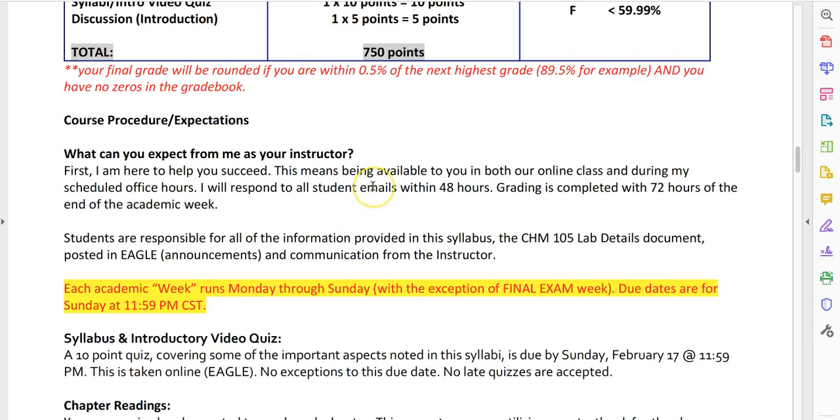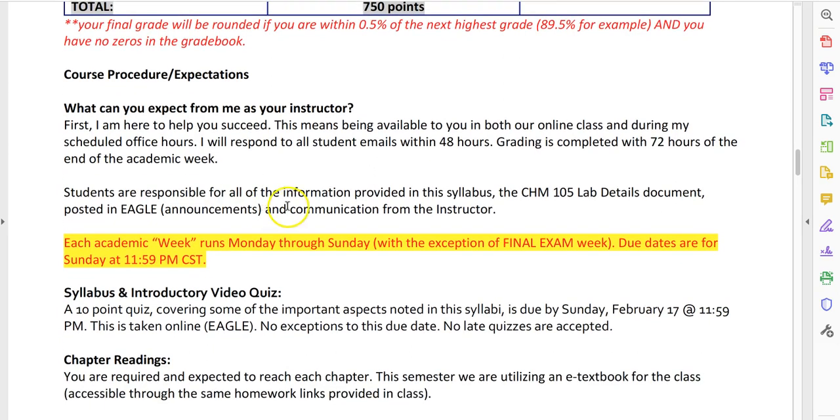When I talk about grading, at the latest, I'll grade within 72 hours of the end of the academic week. So that means Monday, Tuesday, Wednesday. By Wednesday night, you'll have grades. Okay. If I'm sick, if something's going on, I'll post a message and let everybody know, hey, I'm a little behind, I need a couple more days, but honestly, that rarely happens. I try to stay right on top of grading, and if I can, I'll even grade as you submit things during the week. I won't promise that, though.